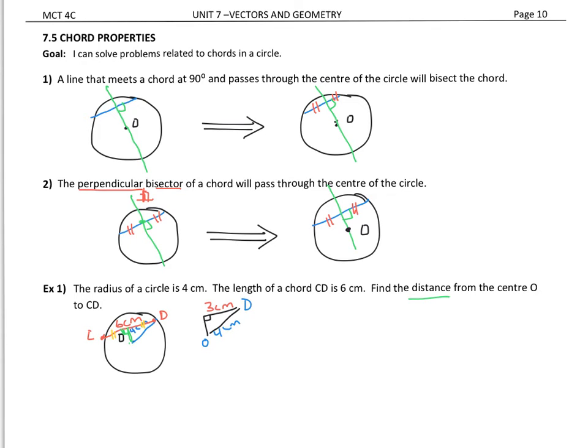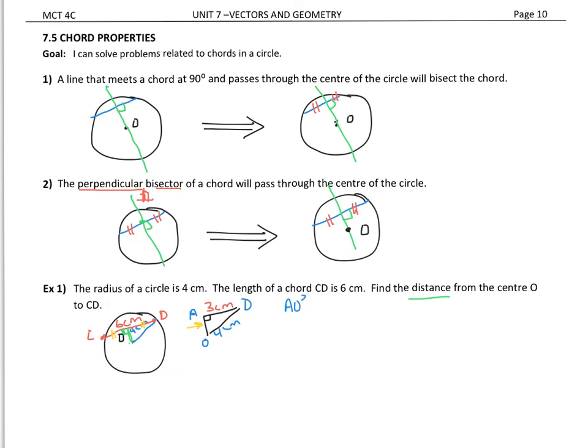Okay, and what we need to find is the length from O to CD, which will meet it at 90 degrees. So a right angle triangle, I know 2 sides. I hope that you can think of what we could potentially use here to figure out that. I'm going to give this another letter, C, D, O. Let's call this A here, letter A. Okay, so I want the distance AO,